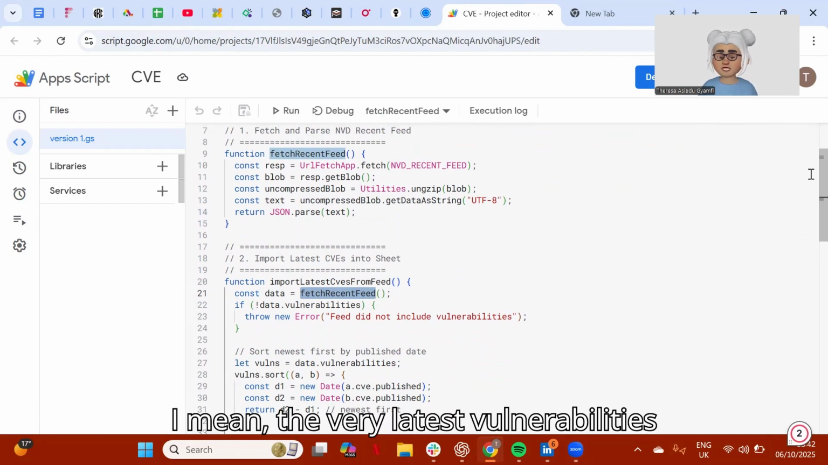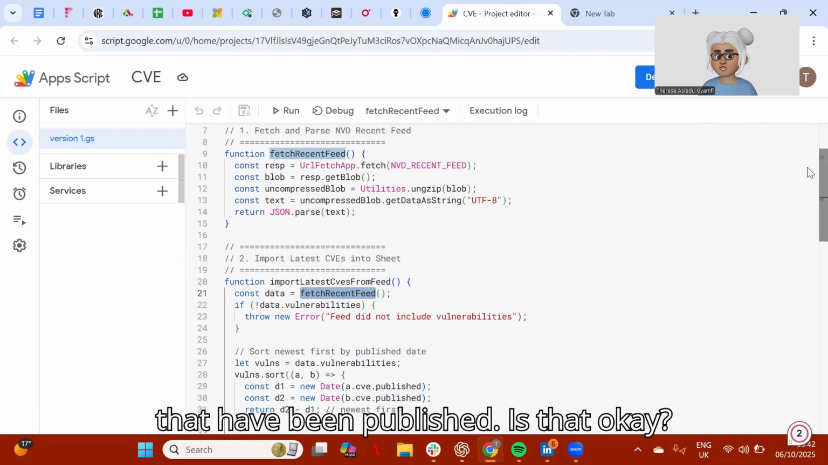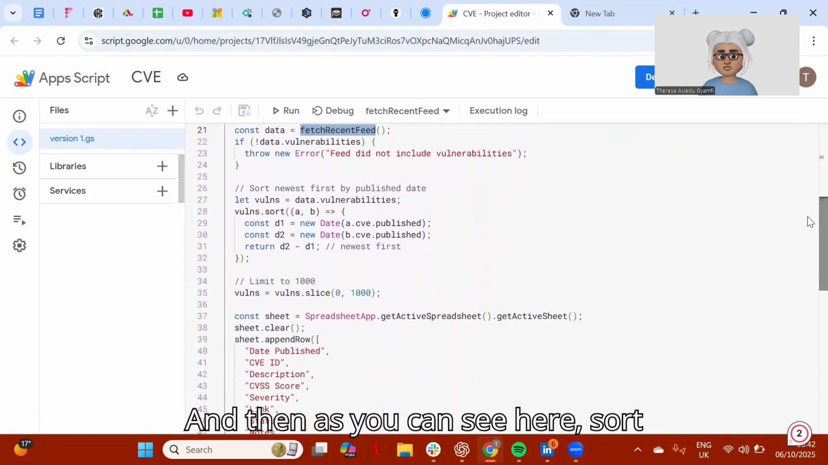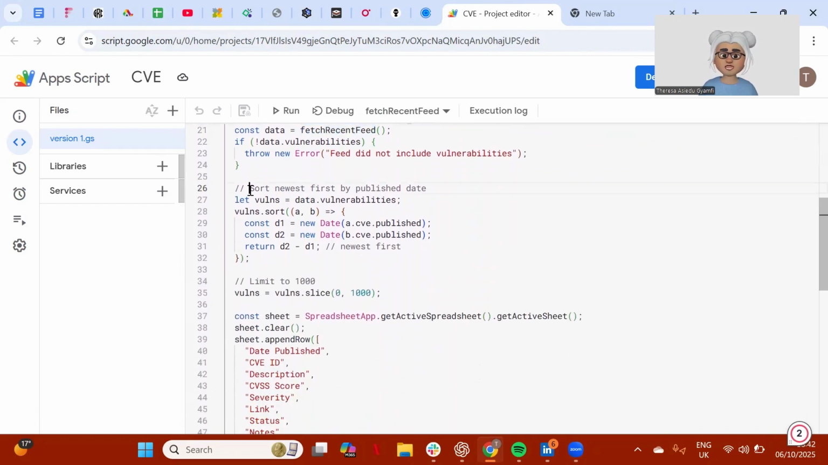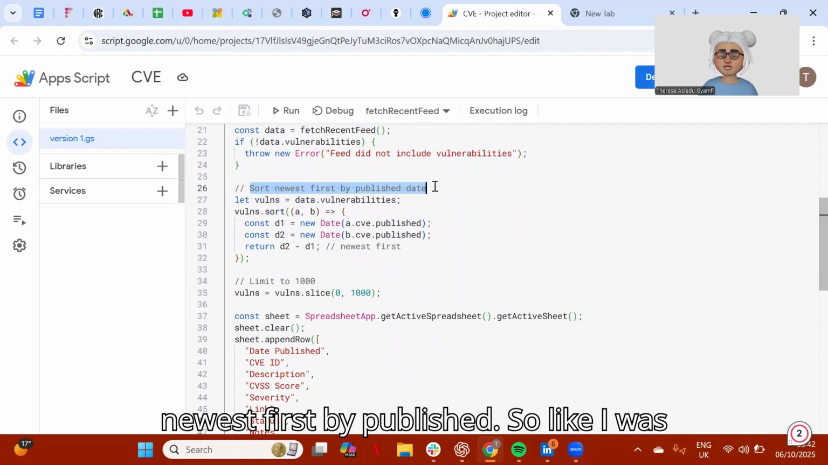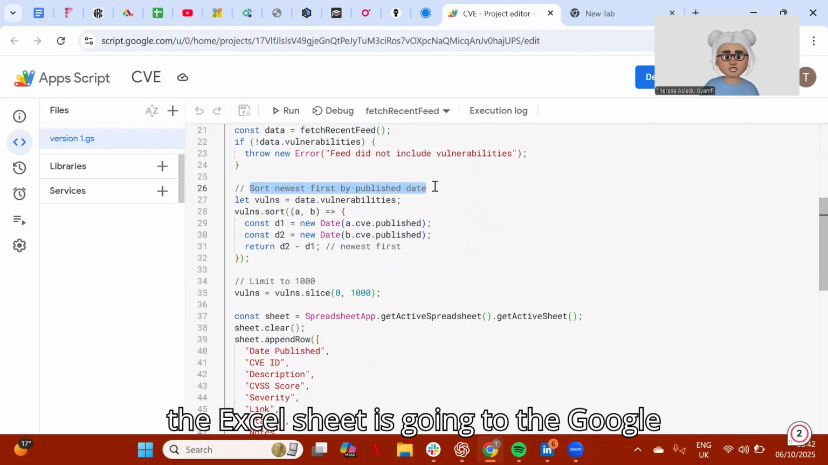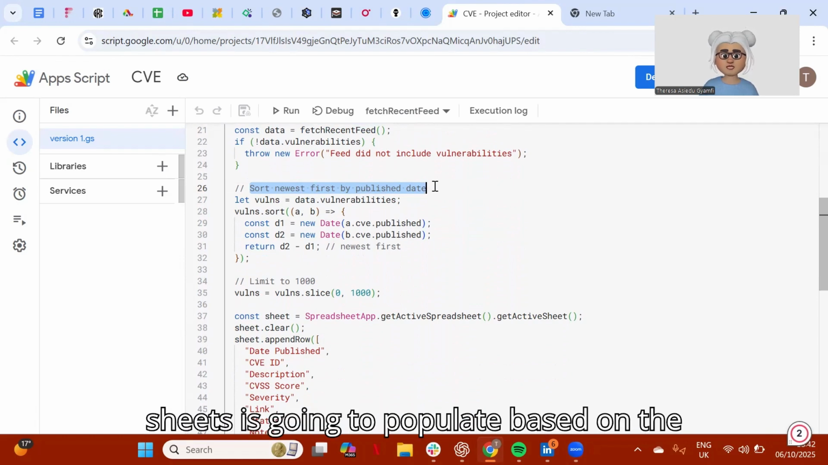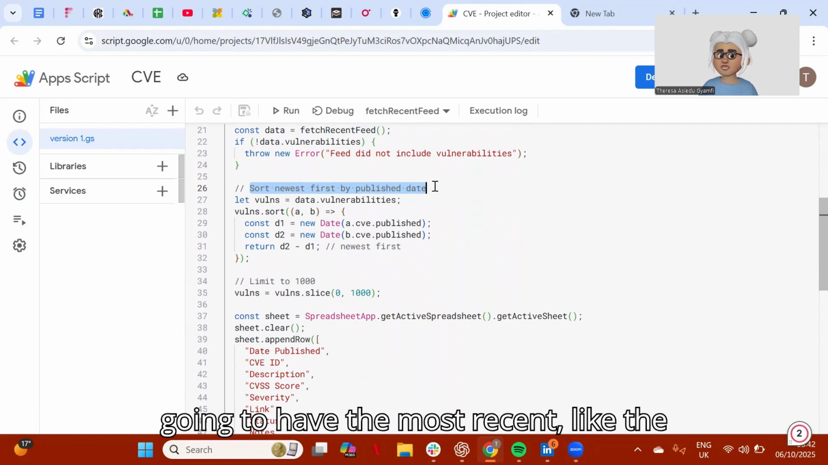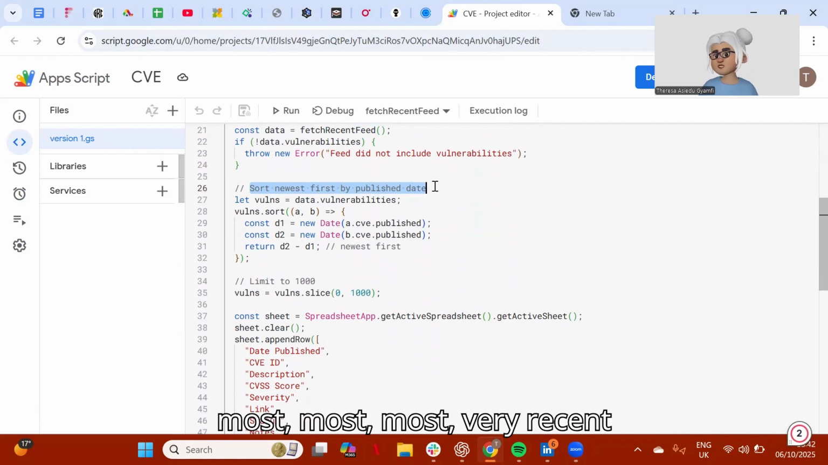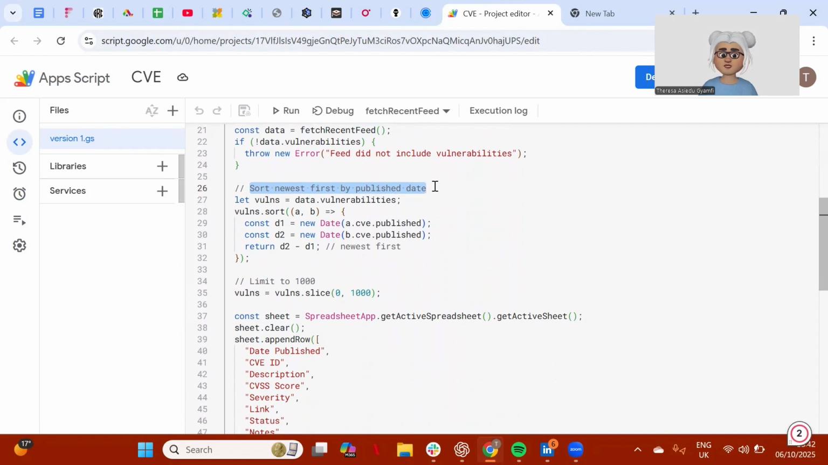I mean, the very latest vulnerabilities that have been published. Is that okay? And then as you can see here, sort newest first by published date. So like I was saying, based on the published date, the Google Sheet is going to populate based on the published date. So that means you're going to have the very most recent vulnerability on top of